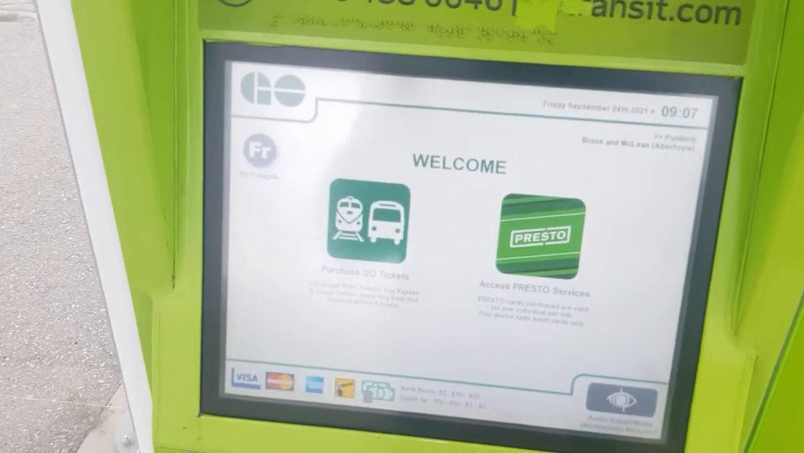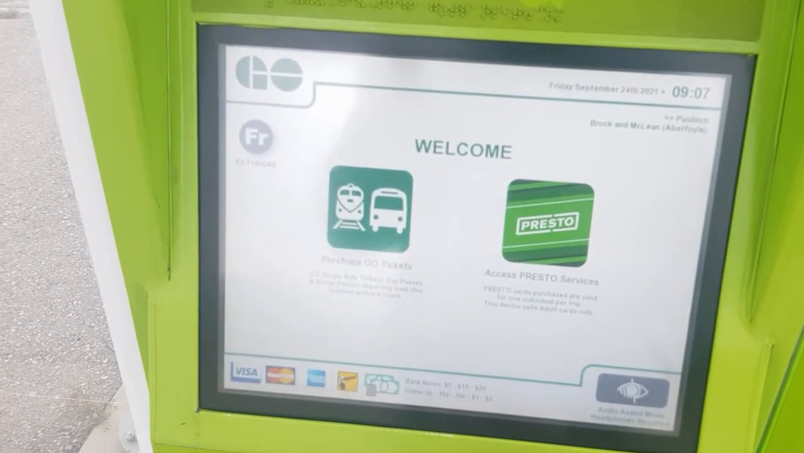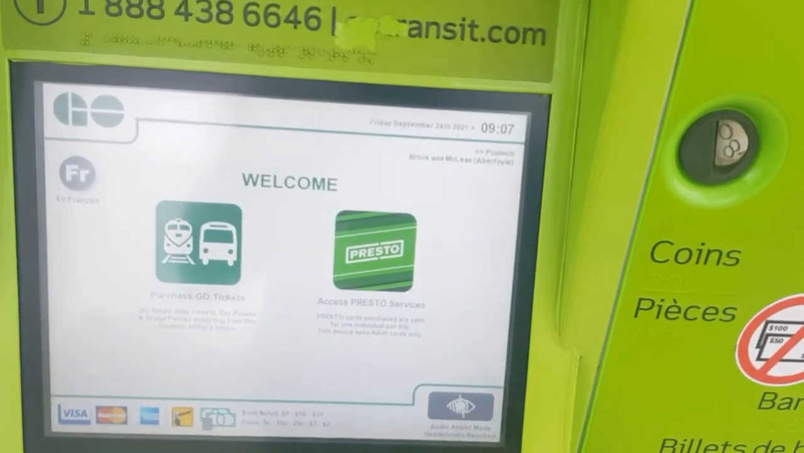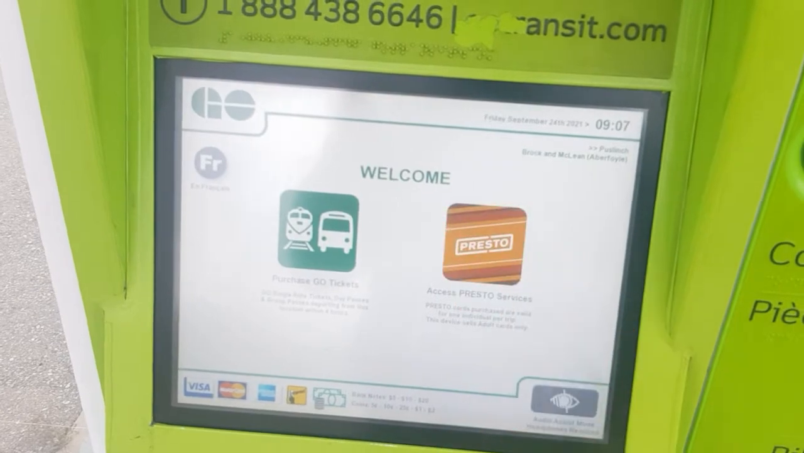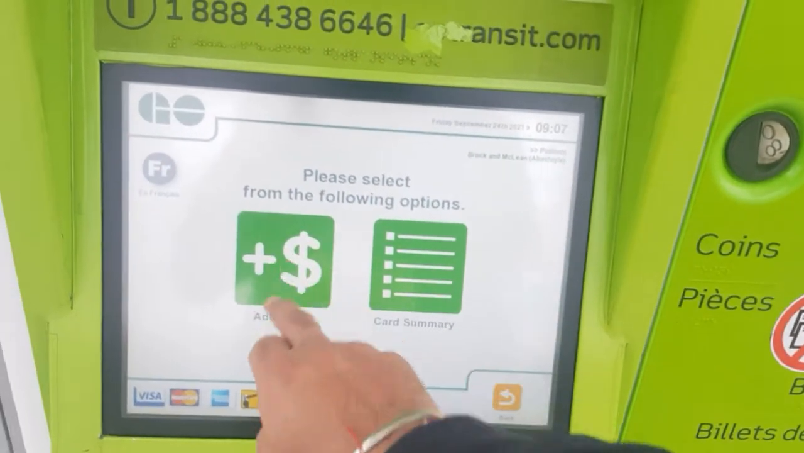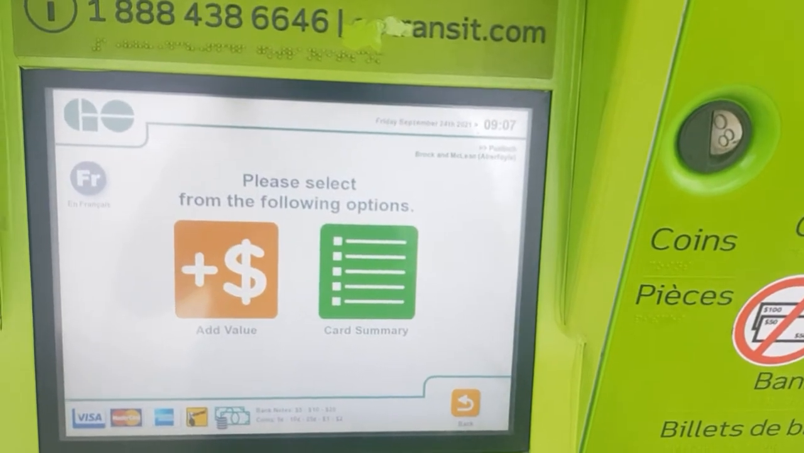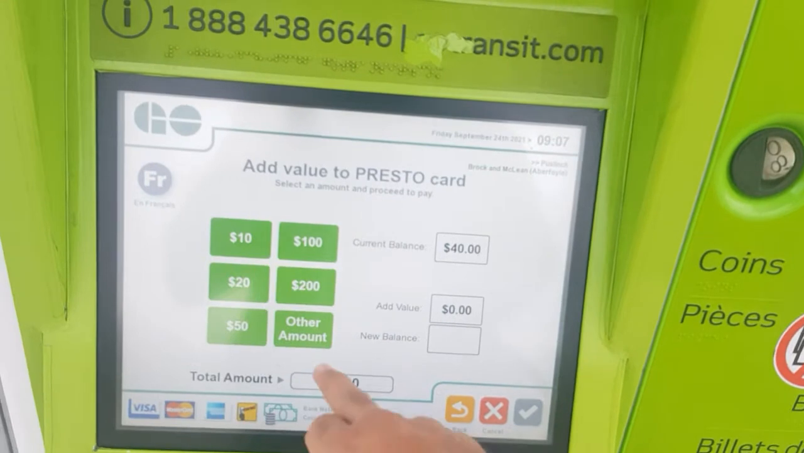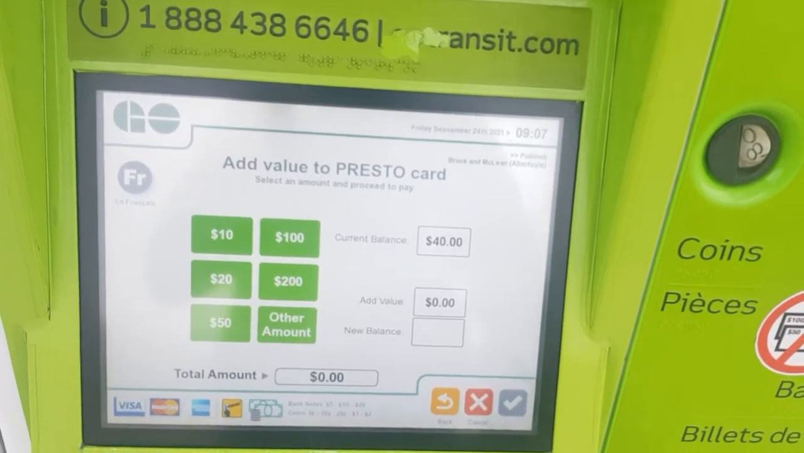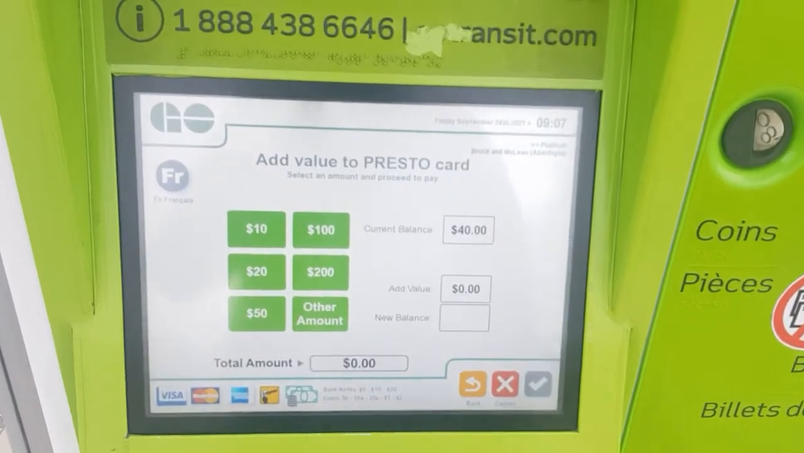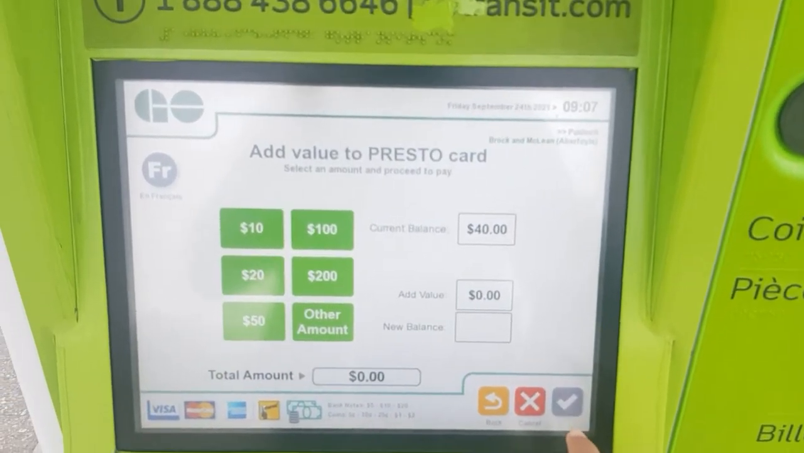So right now my card is already loaded, so I don't want any money to be added to it. So I will show you the simple procedure. So like this, click on here, sorry, then add value. It will take some time. Now you can add 10, 20, 50, 100, 200 and other amounts of money to it. After selecting the money, you have to click it here. Then